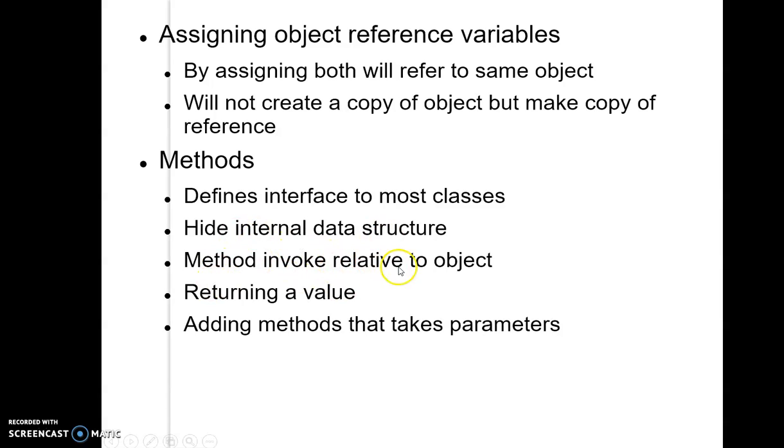So the method is invoked relative to the object. If we say r1.area, the area function is going to be called relative to the r1 instance. If we have created one more object r2, then r2.area, so area is going to be called on the corresponding r2 object. The method can also return a value,